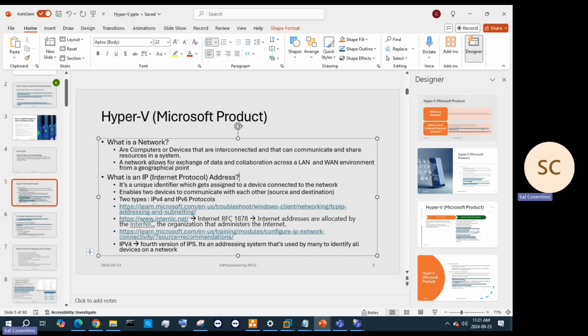So what is an IP? It is a unique identifier which gets assigned to a device connected to the network. That unique identifier is 4 octets, ranging from 0 to 254, and they get separated by periods. So understand that we're enabling two devices to communicate. So as we enable those two devices to communicate,